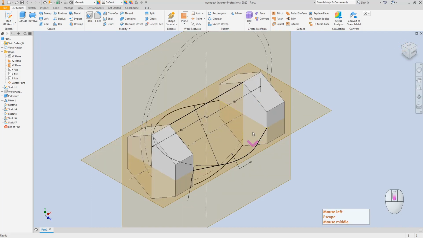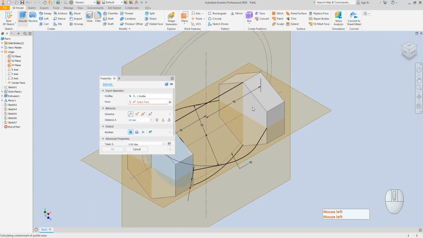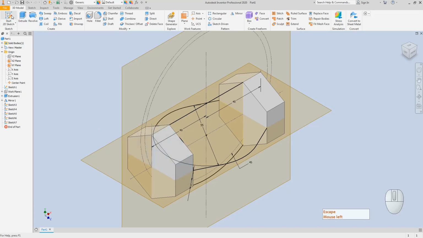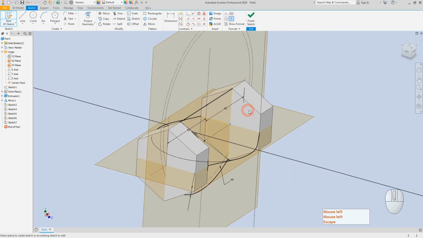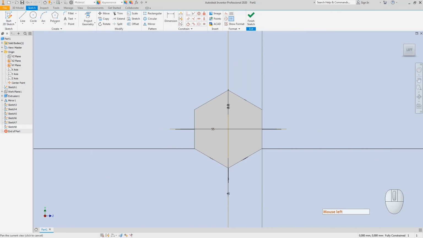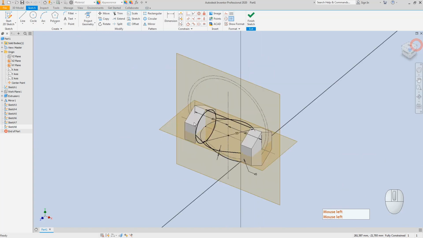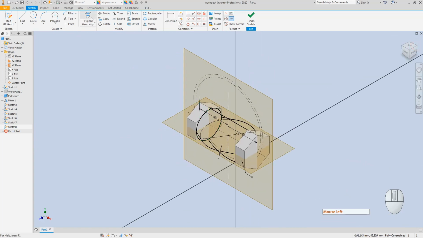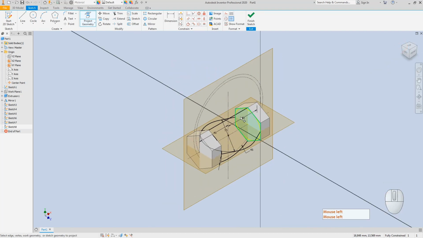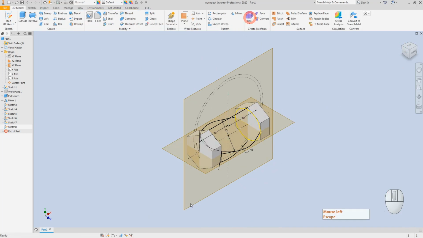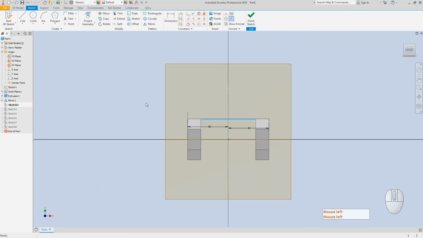Again, let's do the same thing for the other side. Again, same extrusion. Start a new sketch. This time I'm not going to draw a new line or a new circle. I will just get the geometry on the other side. If you want, you can also get this one. I will get this geometry and make the projection on the other side. Finish my sketch. Again, I will heal this line